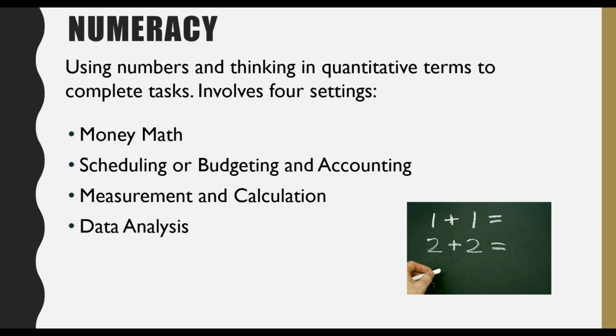So numeracy is about using numbers and thinking in quantitative terms to complete tasks. In numeracy, there are 4 settings, and they suspiciously look exactly like the 4 different groups that we have in the OALCF. So money math deals with financial transactions such as handling cash, preparing bills, or making payments. Scheduling or budgeting and accounting looks at managing time and money as resources, planning and monitoring their use, assessing best